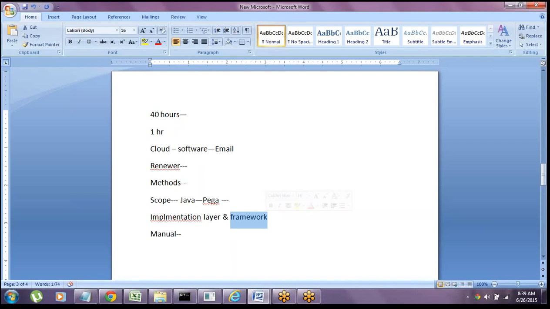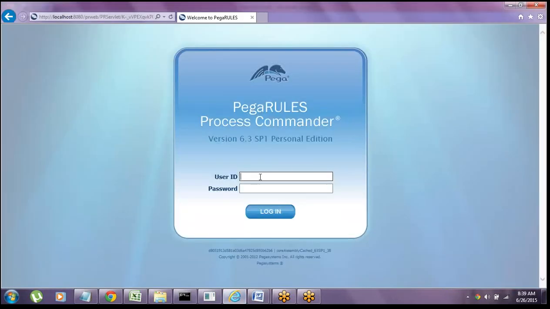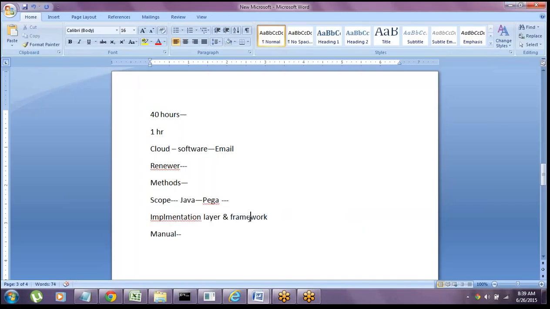You said that if we build anything on the tool, it will generate Java code in the backend. Yes, it will generate the Java code in the backend. Some Java icon will be there. Let me show you. I will show it in the Tuesday class, actually now it is getting late. I will show how it generates everything, for both 6.3 and 7.1, in the Tuesday session.